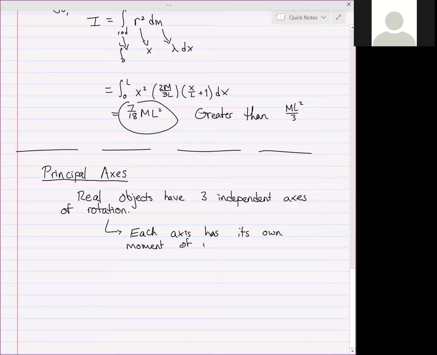And the reason for that is basically that if we look at the phone example again,